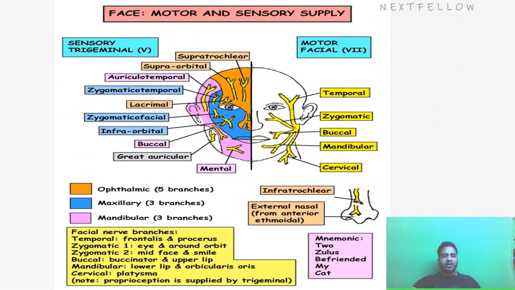So this is again a diagram showing the motor and the sensory supply. We all know the motor supply is by the seventh cranial nerve, the facial nerve, by means of the temporal, zygomatic, buccal, mandibular, and cervical branches, which supply the motor muscles responsible for blinking and smiling. Not chewing, the muscles of mastication. These are also motor muscles. The muscles of mastication are supplied by the trigeminal nerve, whereas the muscles of expression are supplied by the facial nerve. So the facial nerve supplies the muscles of expression,